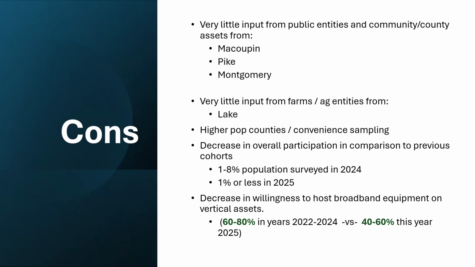The higher population counties had convenience sampling and, as a con, couldn't really move on from that convenience sampling phase. And so I think you'll see in some of your results that you might want to try to pinpoint some communities, look at some of your other data that you're getting from RCG, for example, and think about some communities and areas of your county that you're going to want to do some more cluster sampling in.